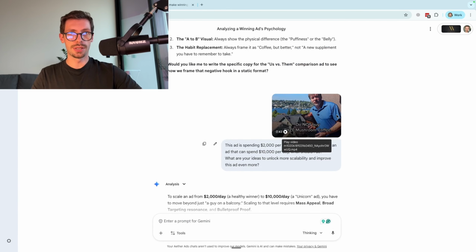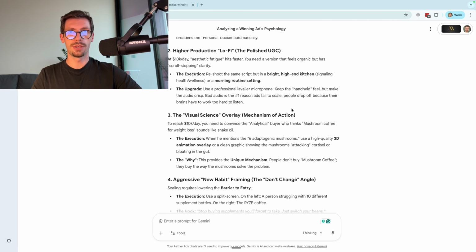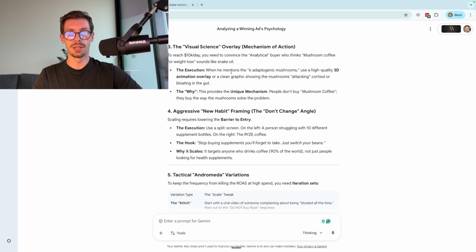I'm not sure about this guy on the balcony. It wouldn't really fit in, right? Because he's not a doctor or anything. People would be like, why is he knowing that? So if this fits into the ad, this is actually a very good point, because many people will still be skeptical after just hearing, yeah, it works because it's mushrooms. It's like, okay, but why? So providing an actual explanation of the unique mechanism here can work really well and increase the scalability.